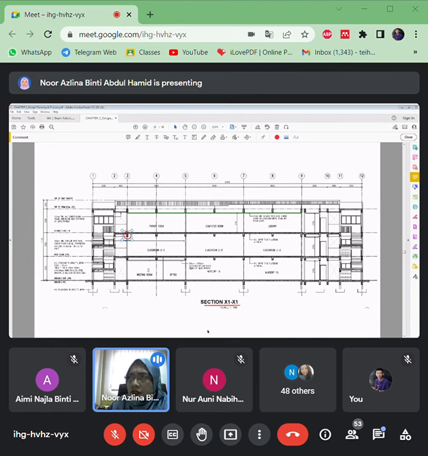So from the sections here, you will see the beam here. You nampak sini. So all of this beam here, kan? Kita appreciate lah how beautiful is the structure, right? Kan? Nak menang juga tu. Okay, and then we can also see the slab here. Okay, for every floor.